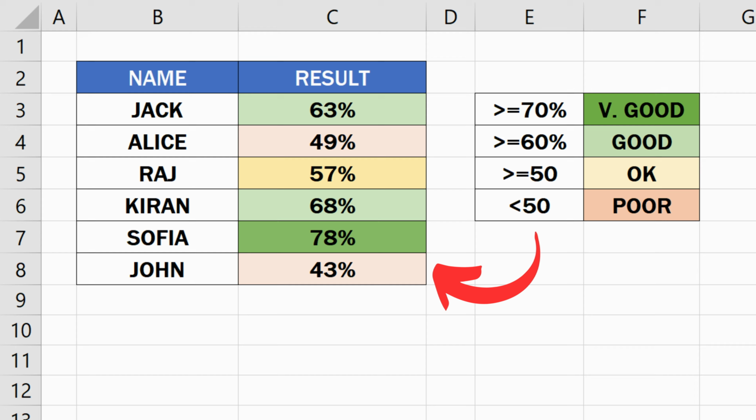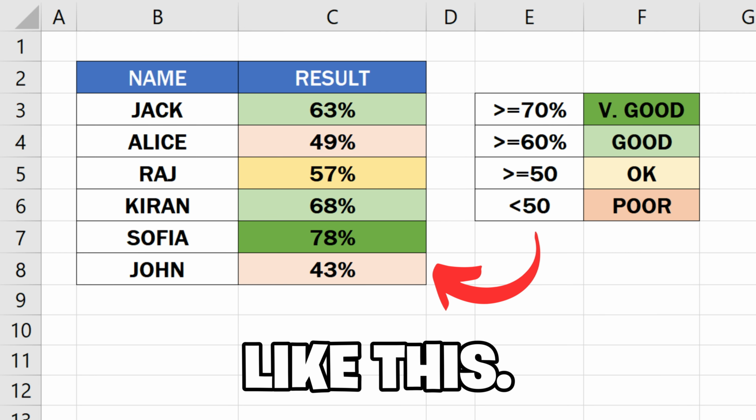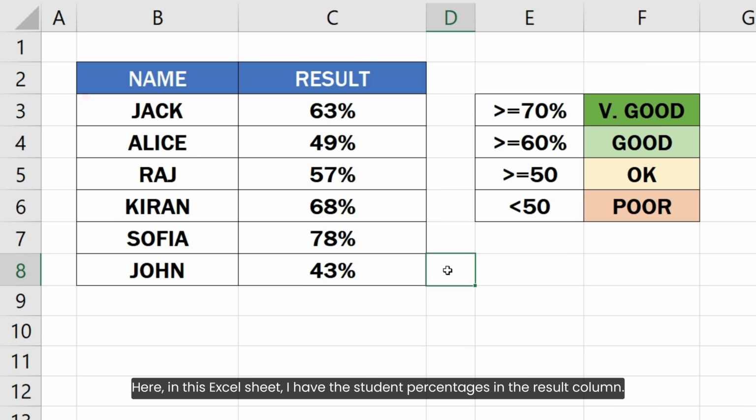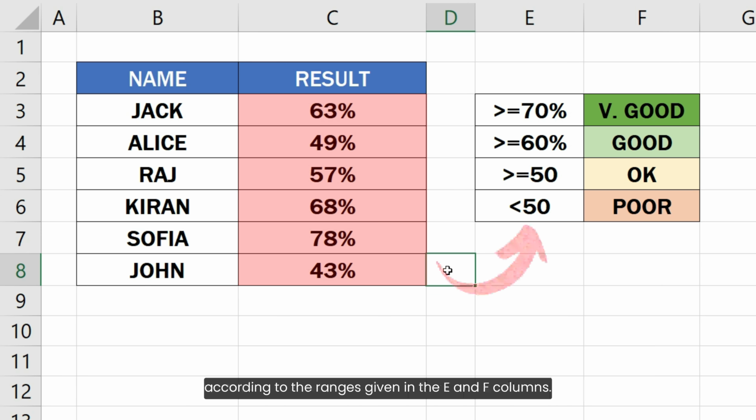In this video, I will show you how to highlight percentage range values in different colors in Excel like this. So let's get started. Here in this Excel sheet, I have student percentages in the result column. Now I want to highlight the percentage values in different colors according to the ranges given in the E and